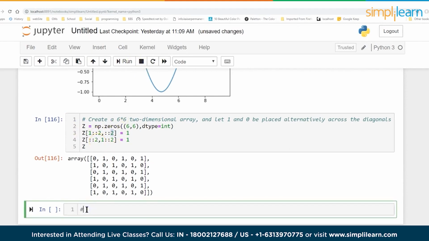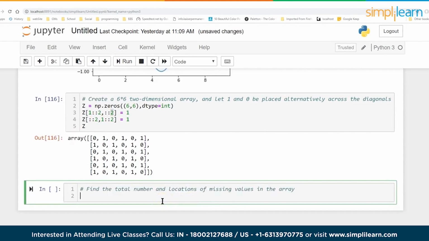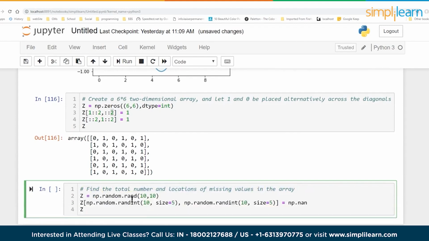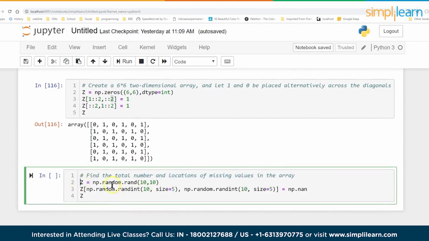And then the next one is find the total number and locations of missing values in the array. The first challenge is to create some missing numbers. So let's create our array Z. We're going to do